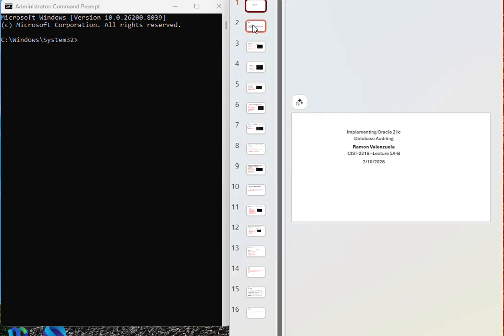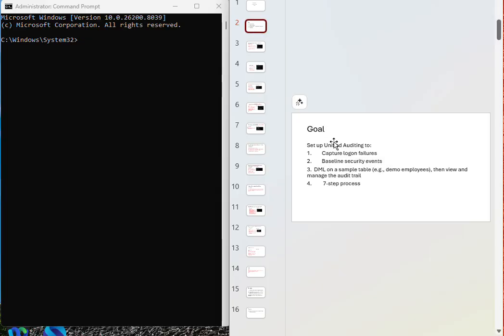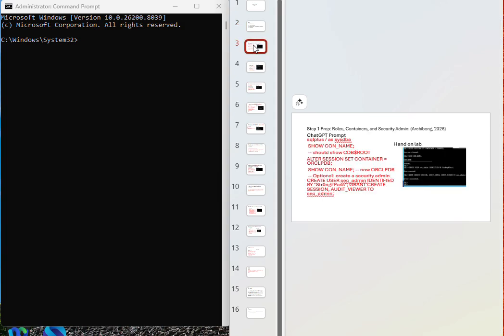So, core, settle unified auditing. 1. Capture login failures. 2. Baseline security events. 3. DML on a sample table. Demo employees, then view and manage the audit trails. 7-step process. So what I'm going to do now, in order for me to bring it over here,